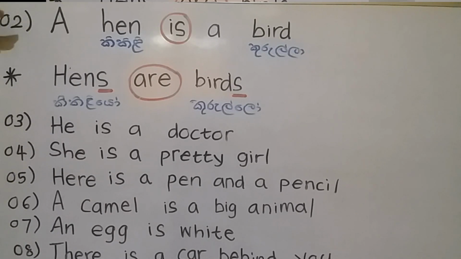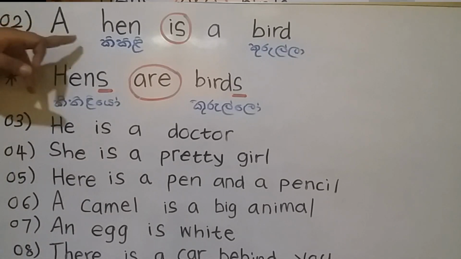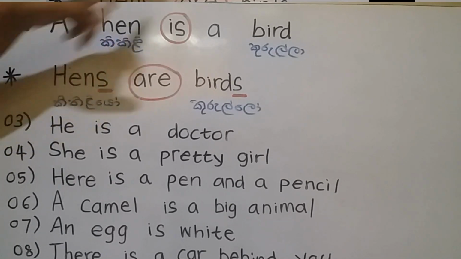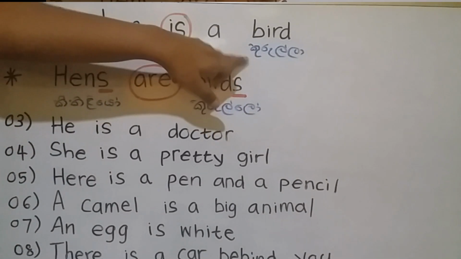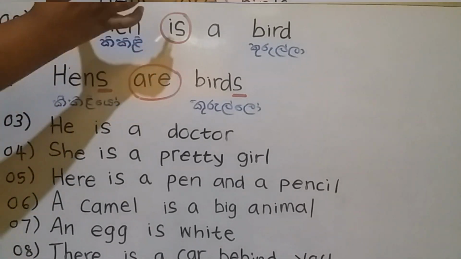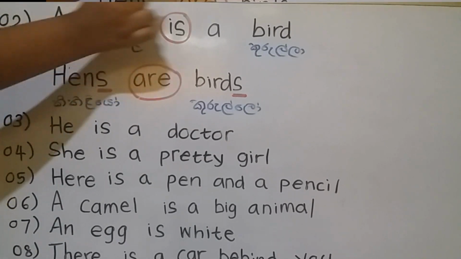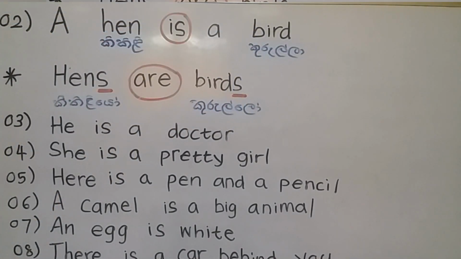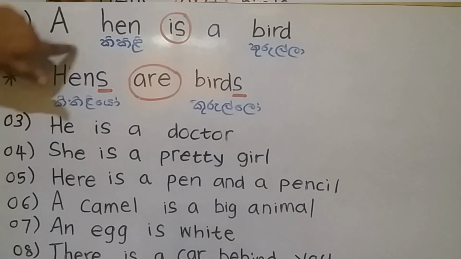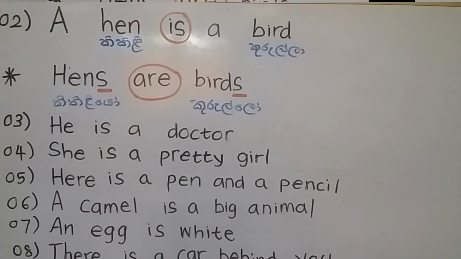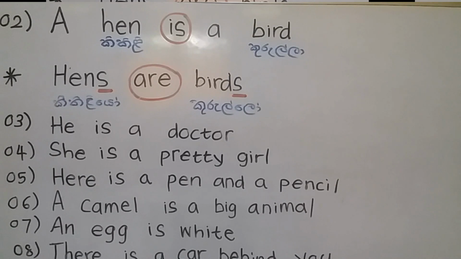So the second sentence is a hen is a bird. Hen, bird. A hen is a bird. Meaning of this sentence is a hen is a bird. Right? As we did in the previous one, find out how many nouns are there in this sentence, the subject